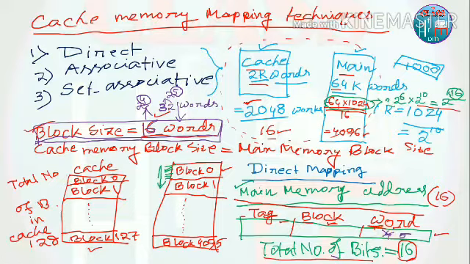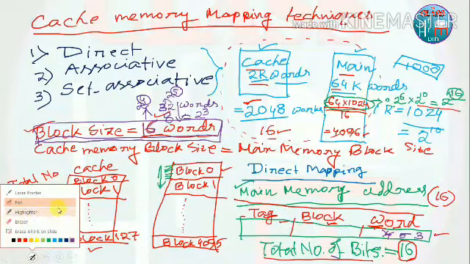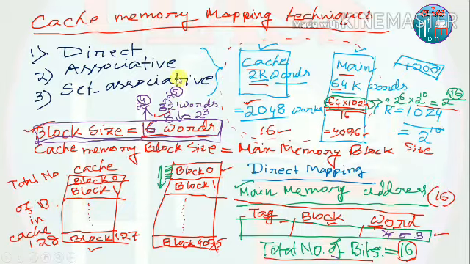So at first you will look at the block size. If your block size is given as 8, so 8 equals what? 8 equals 2 to the power 3. So then your word size will be 3. This way you can calculate the word size. Okay, you will remember these things. So now, your